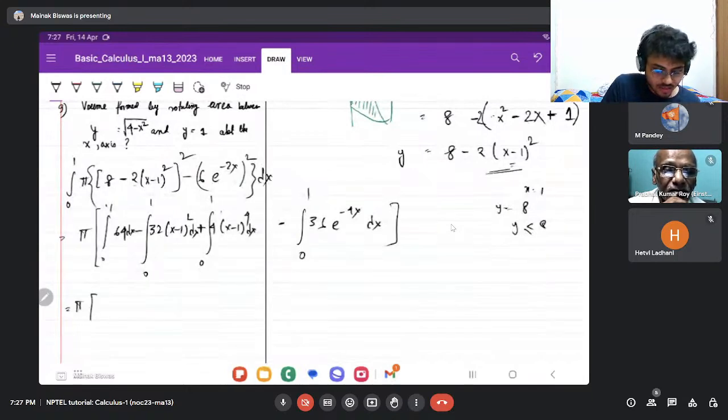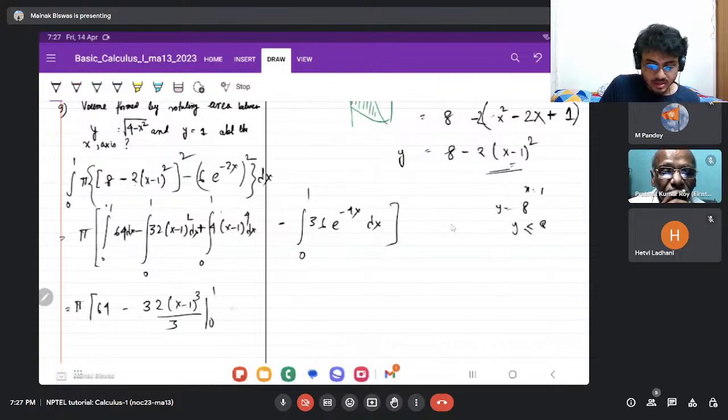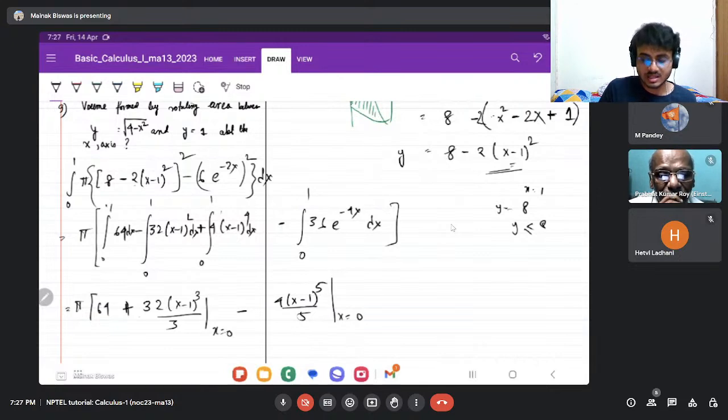So what will you get? 64 minus 32 x minus 1 to the power 3 by 3, between 0 and 1. So 1 is useless, so just put 0 at x is equal to 0, and this will become plus, and this will become 4 x minus 1 to the power 5 by 5, again at x is equal to 0. So this turns out to be a negative. So just changing the sign and putting x equal to 0, just as we did in the last equation. And the second one,